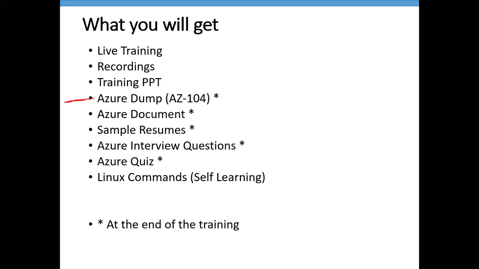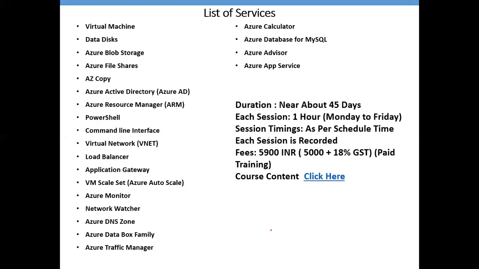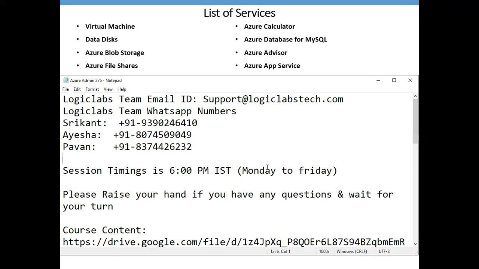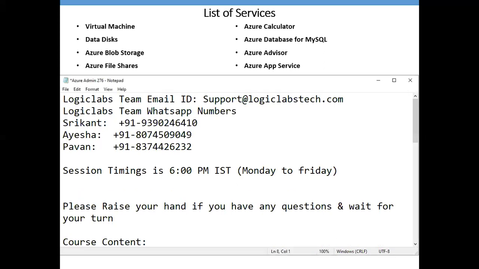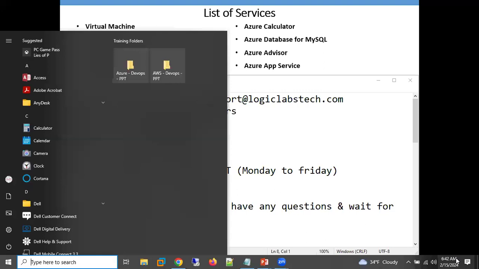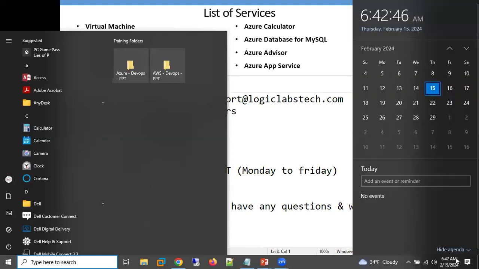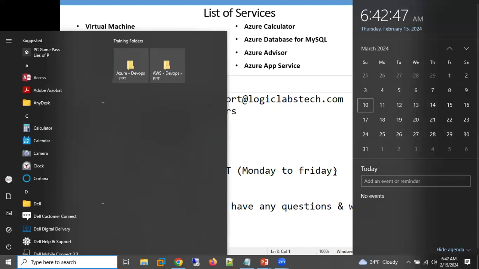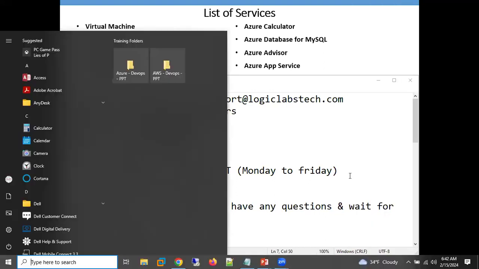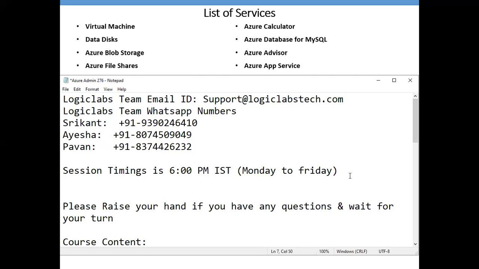Our course is ending in March or April, meaning in about 45 days. You are aware of the time zone change. Right now we have started, and the timing is as per Indian time, not US time. I think the time zone is going to change from 10th of March, maybe 15th March. I checked a few days before. As per India time, it will be 5:50 or 7:30.